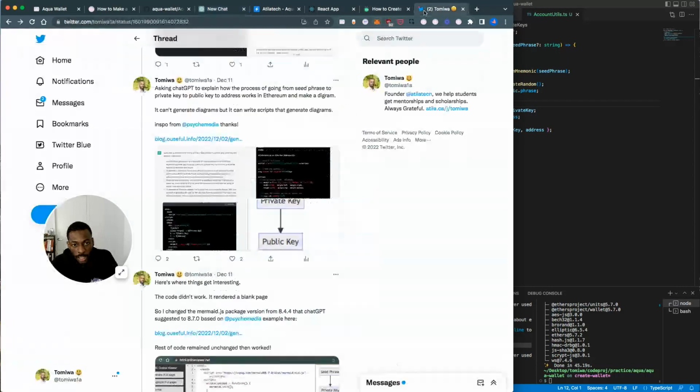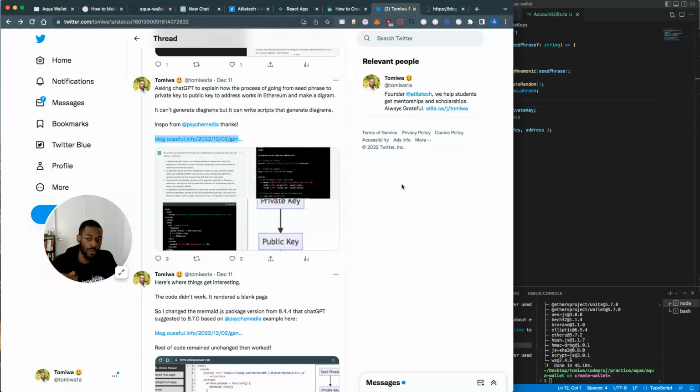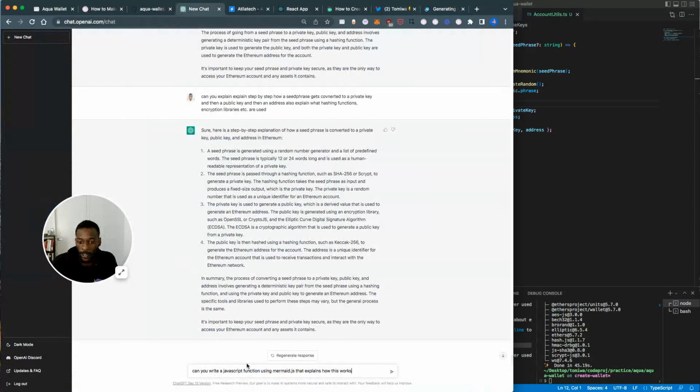For example, there's a really great blog post by Useful that shows how to generate diagrams, or scripts to generate diagrams, using ChatGPT. So I'm going to go ahead and ask, and one of the things I found was that it works best using mermaid.js. So I'm going to say, can you write an HTML file